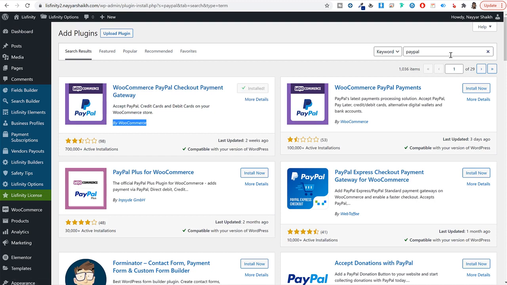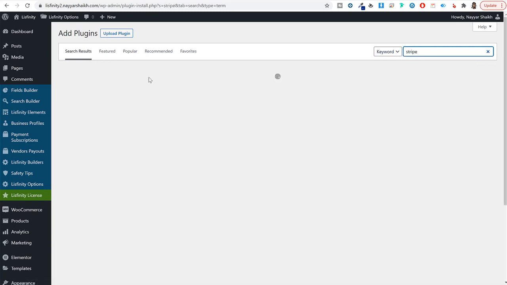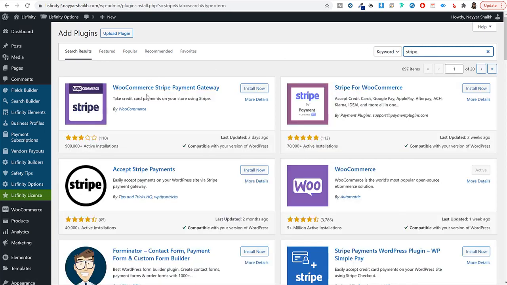Now similarly, if you want to accept online credit debit card payments, you can search for this plugin, Stripe, the regular Stripe plugin, not this Stripe Connect. Now select this option, WooCommerce Stripe Payment Gateway, install this plugin as well. Now Stripe is mostly used in European countries and USA and Australia, these kind of countries. So you can use these payment gateways if you come from these countries. Or if you want, you can just go to Google and search for which all countries Stripe Payment Gateway is